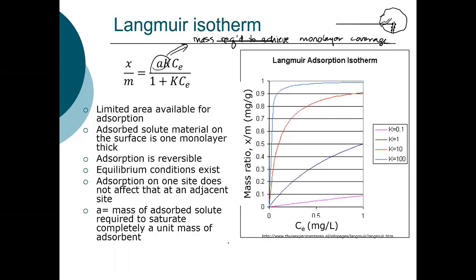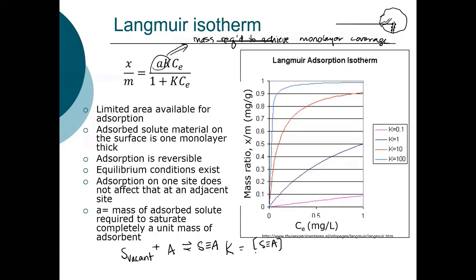This K is actually thermodynamically derived. So if we think of this as a vacant site on the sorbent that can react, that reacts with your chemical to produce a surface complex, this K is the equilibrium between the surface complex, the vacant site, and the chemical in solution. So it's truly thermodynamically derived. So we assume here that chemicals can only attach on a monolayer coverage,